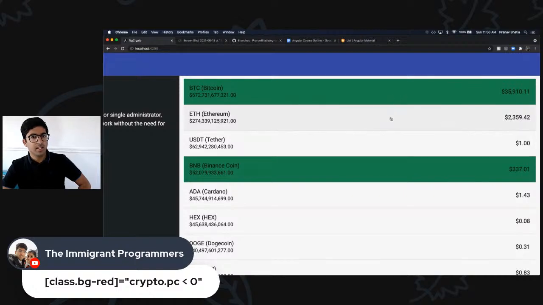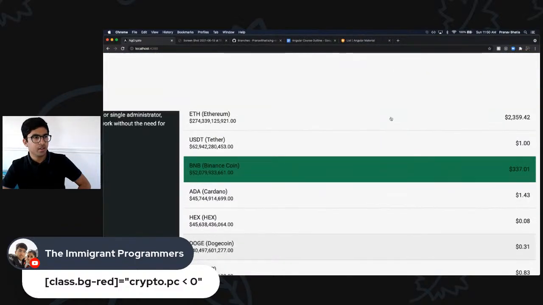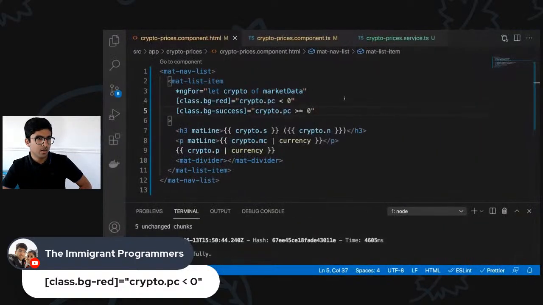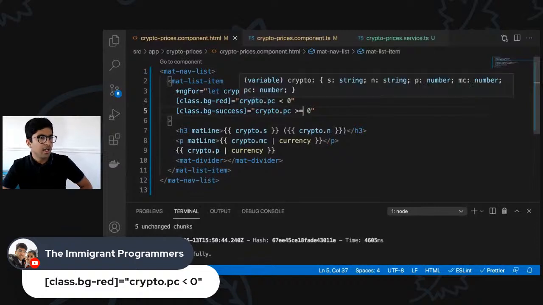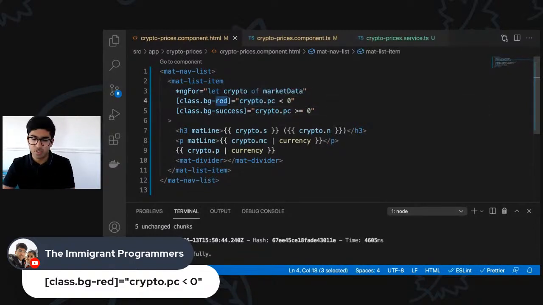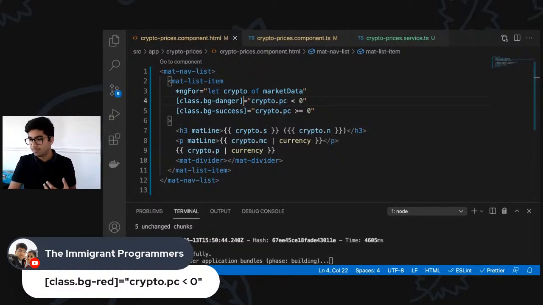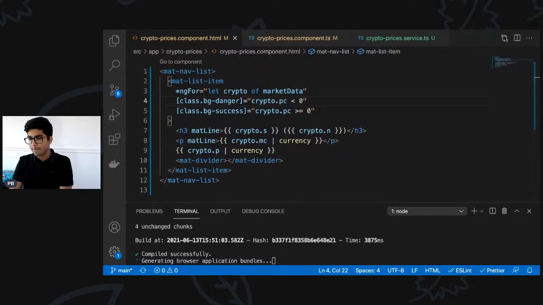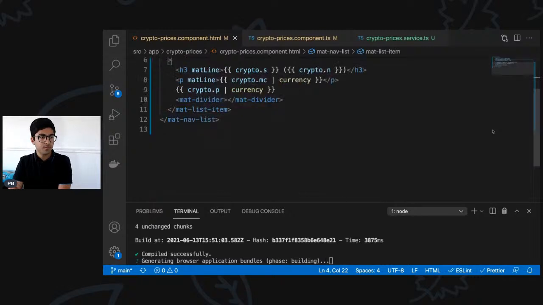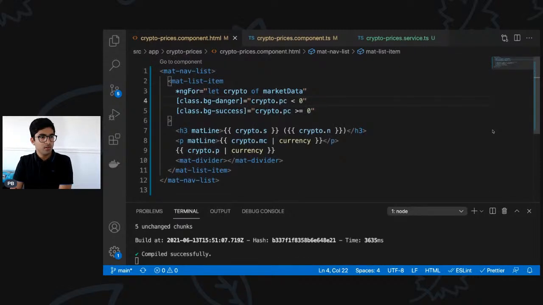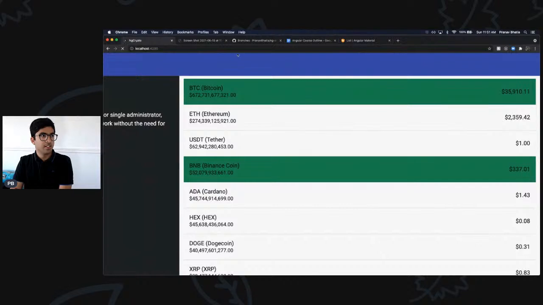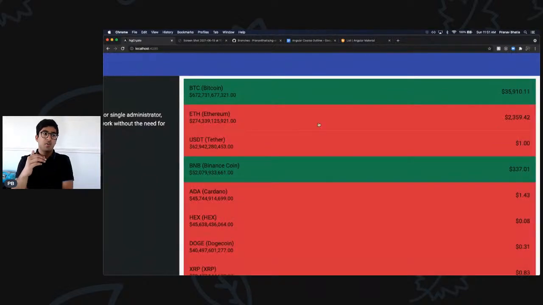Okay, so it looks like for the profits, I'm getting the green color, but maybe I'm not getting the red one. And why is that? I'm saying I want bg-red. Okay, I was using bg-red. It is bg-danger actually, not bg-red. Red is the color and danger is the class name. Let's refresh that again. Should be good now. Once it recompiles, you will see that some of them are red and some of them